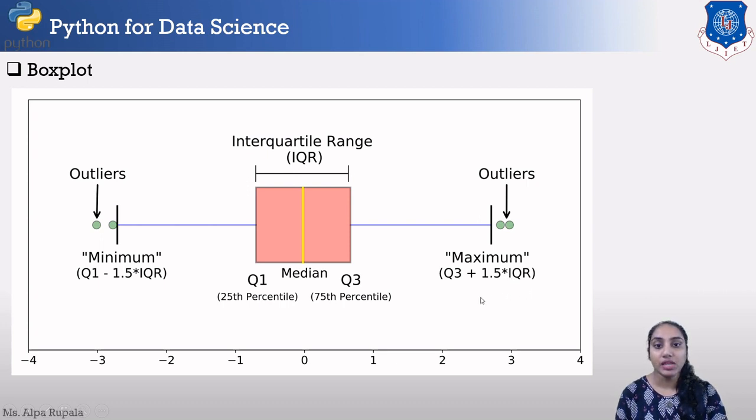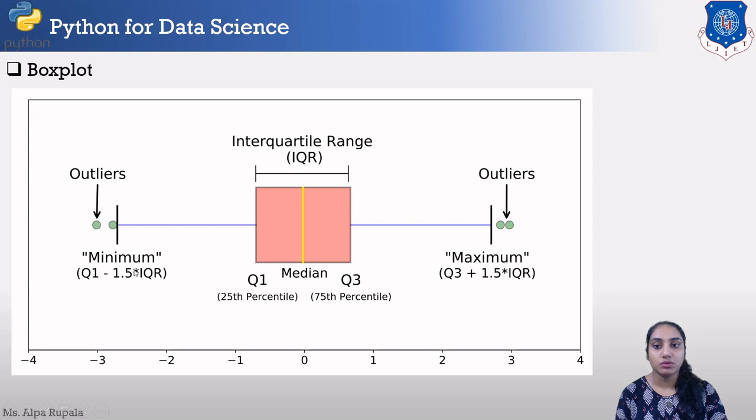Suppose we are using the sequence from 1 to 100. At that time the 25th value will be your 25th percentile, the 50th value will be your median, and the 75th value will be your 75th percentile. The minimum value from 1 to 100 will be 1.